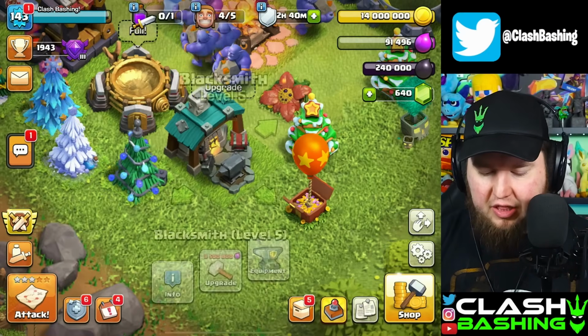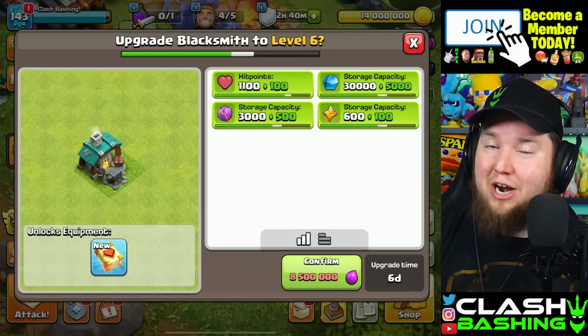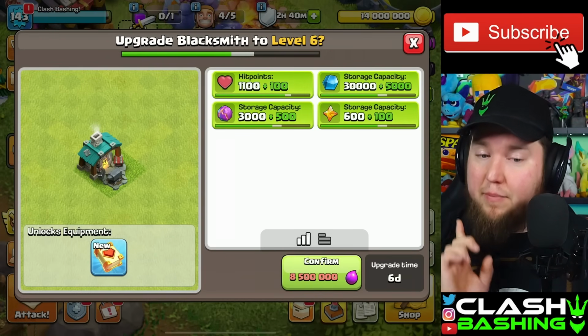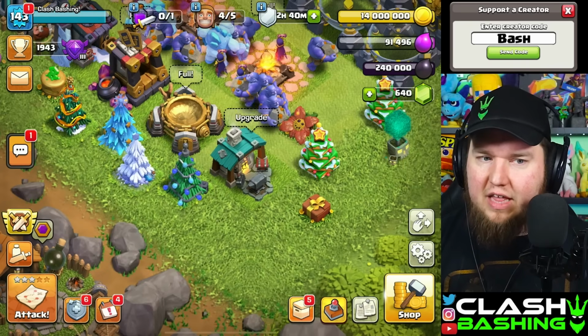Our other offensive building, the blacksmith, upgrading it actually isn't going to give us more levels, but it will give us the healing tome, and the healing tome can pair really, really nicely. But it's not like end of the world if you don't get it. But I definitely would like to have the healing tome. But again, we're also really low on elixir at the time being,